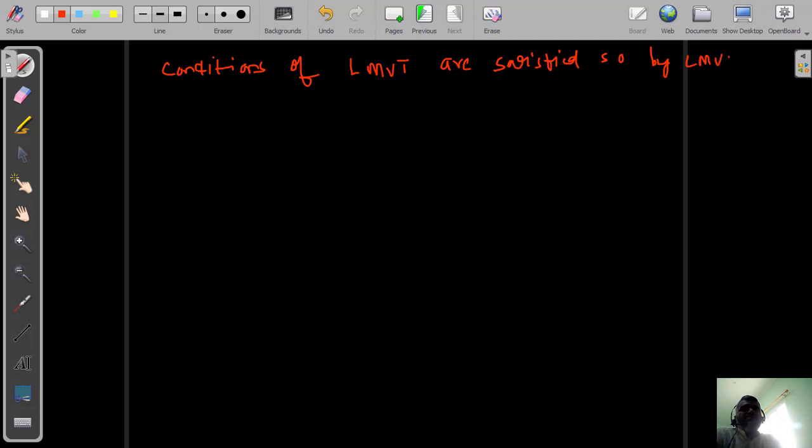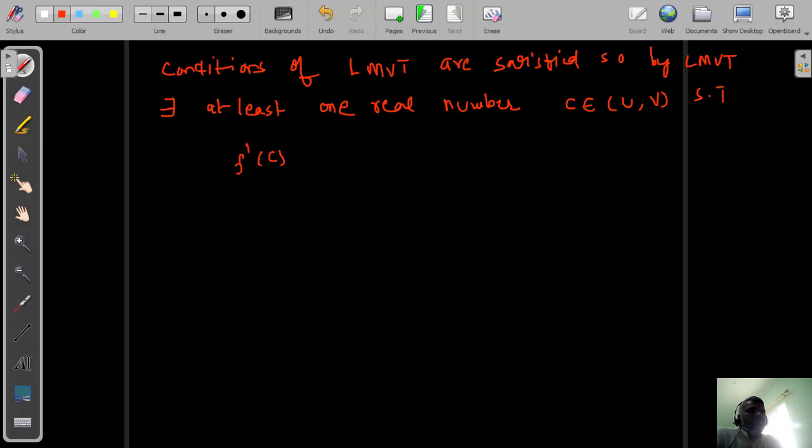We need to write: conditions of Lagrange's mean value theorem are satisfied. So by Lagrange's mean value theorem, there exists at least one real number, let us say the real number is c, which belongs to the open interval (u, v), such that the rule is f dash of c, which is equal to